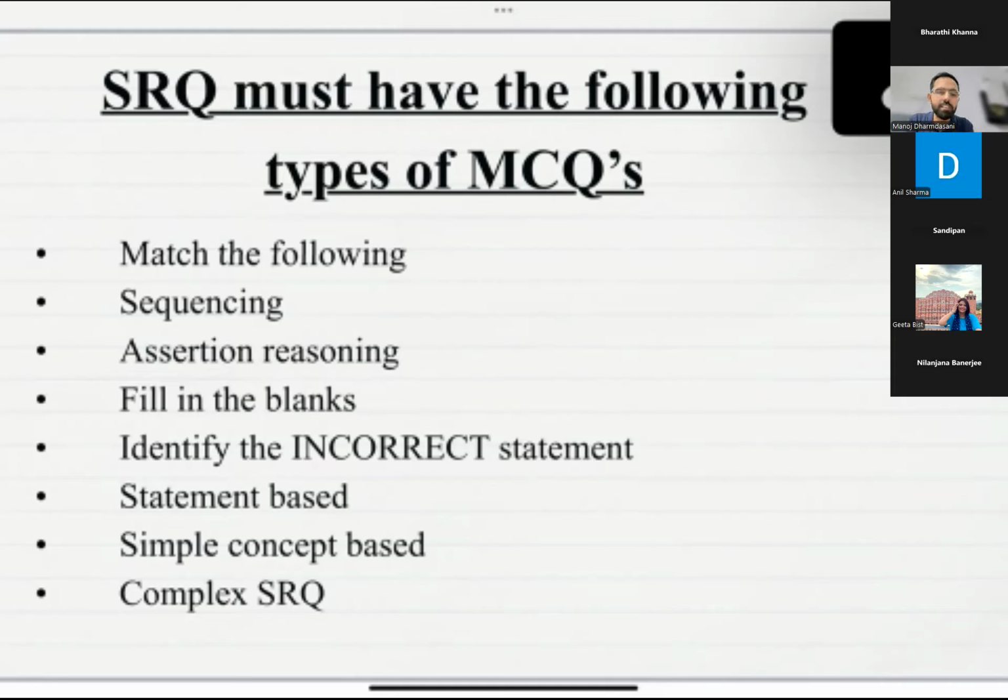Next, the statement-based category is very much aligned with the assertion reason category, because assertion reason also gives us the last two options, that A is true and R is false, and A is false and R is true. Somehow it is the same with statement-based questions, in which the options are like both statements are true, both statements are false, one is true and one is false.